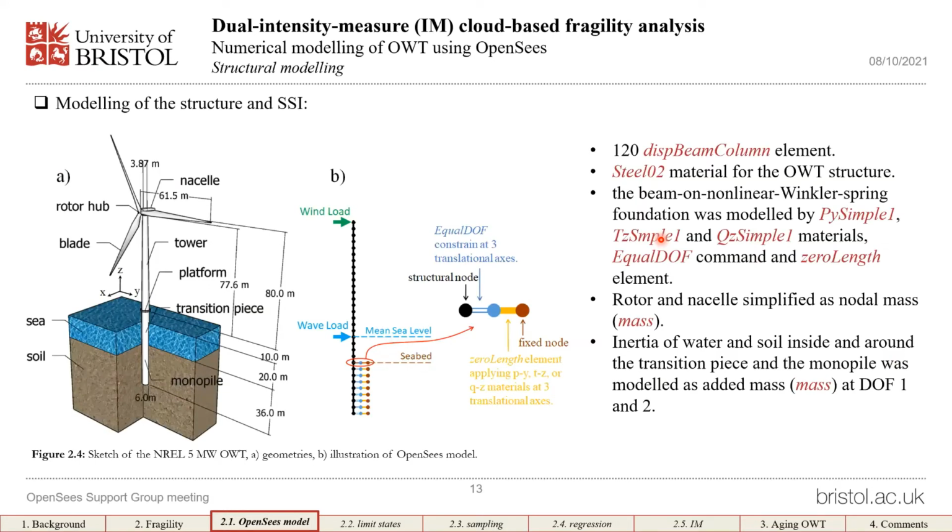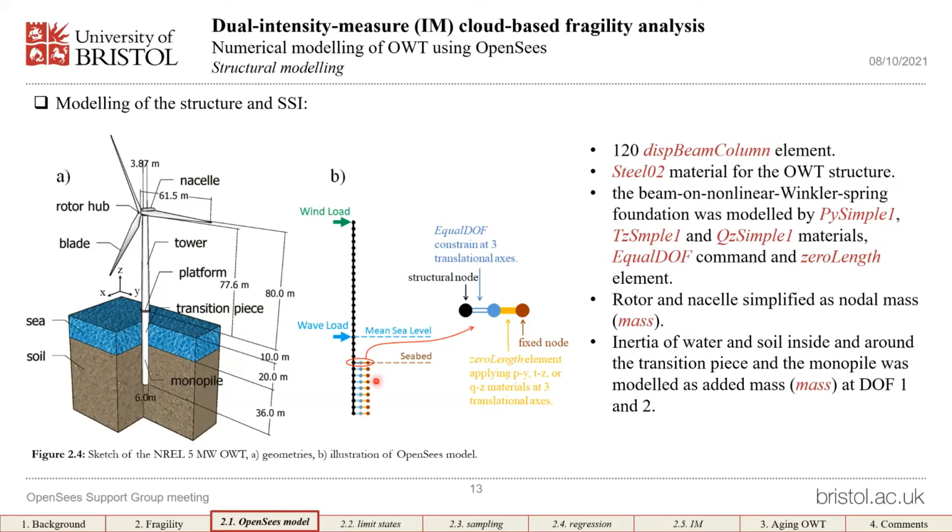So now that we have fully understood the basic characteristics of the wind turbine, we can come to the numerical modeling process, which is done in OpenSees. Basically, the modeling of the wind turbine, the supporting structure, and the soil structure interaction components follows a fairly standard approach, let's say. For the entire height of the wind turbine, 120 displacement-based beam column elements were used, and